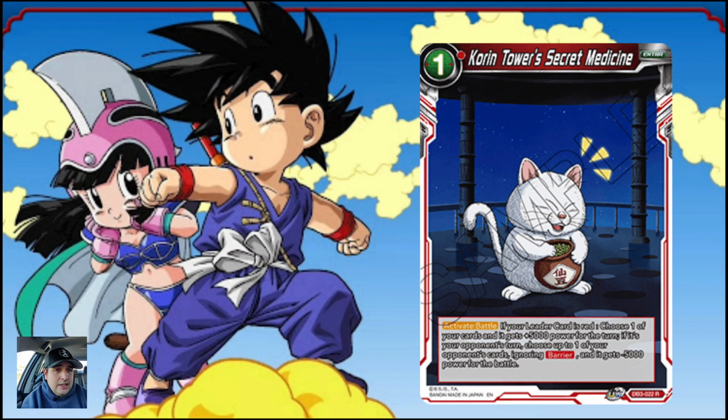I like the versatility of Senzu Bean, so therefore I like the versatility of Korin Tower's Medicine. But it does lack in the department of untapping energy, which is fine because that's usually the identity that revolves around the color blue. Red doesn't really have a lot of untapped cards, but red does have a lot of cards that can